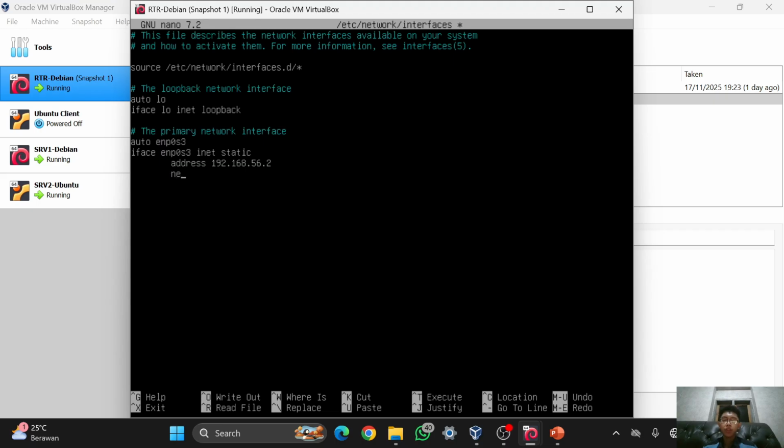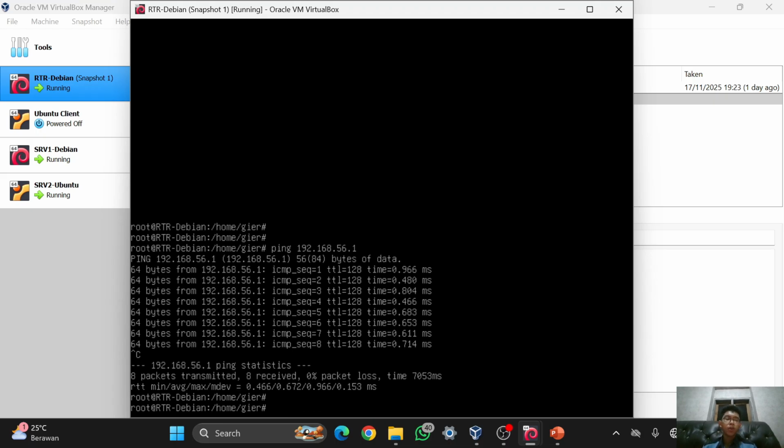I have to add the netmask because it is using /24, so the netmask is this one .0, and also you have to add the gateway. Here I will use gateway, which means the gateway is going to be 56.1, then Ctrl X, Y.